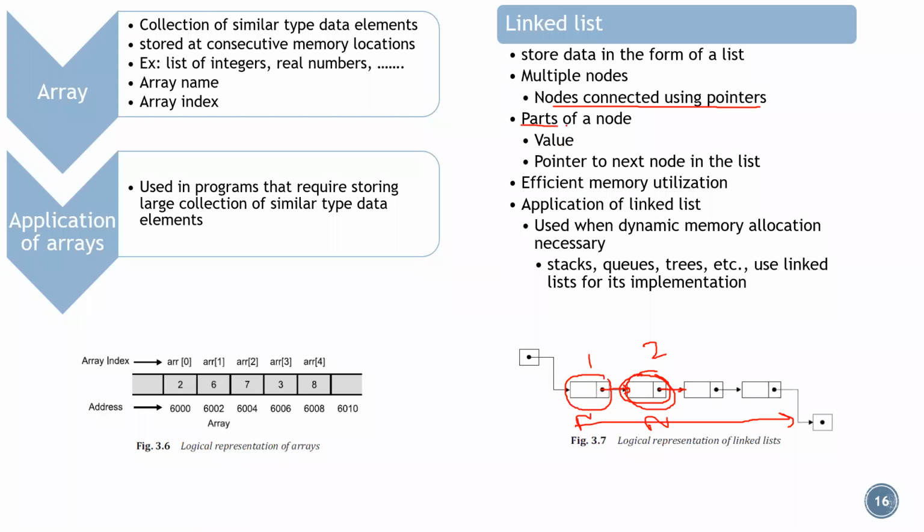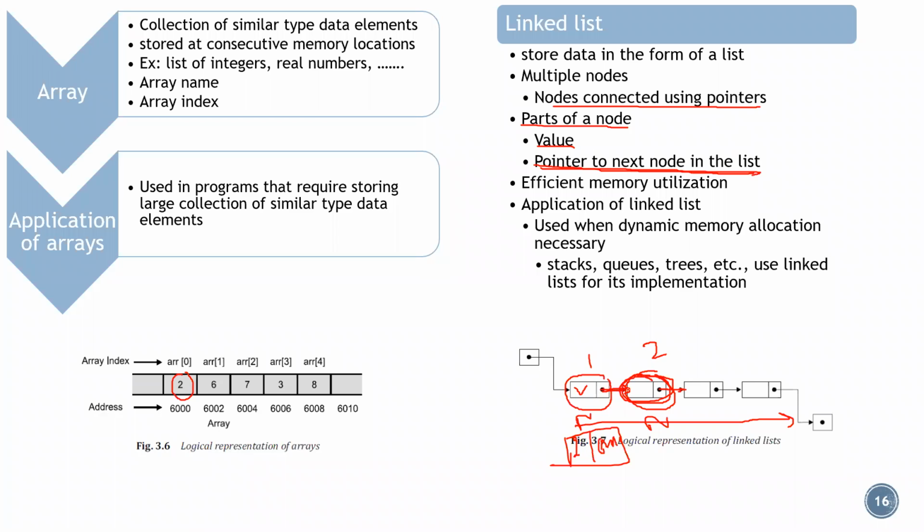Now, what is present in the node? You will have two aspects present in the node. One is the value. So what is the value present in this node? Say here, as we have a value of 2 in the array, I can have a value of 2. And we'll have address information, which tells where the next element is. So here I might have some address, which will be the pointer information. That address will be present for the next element.